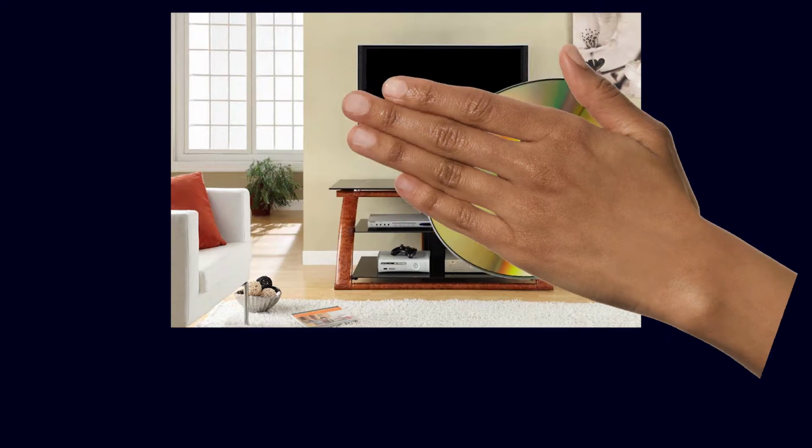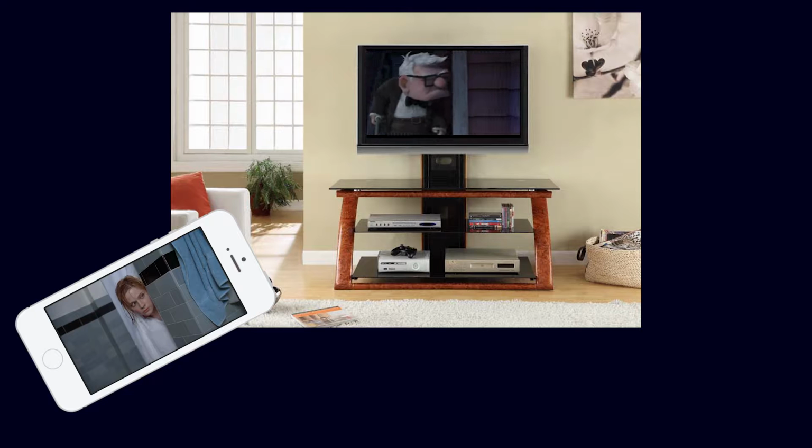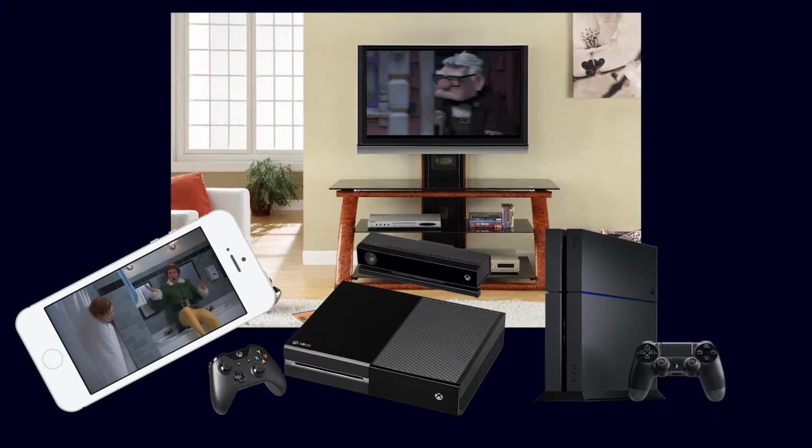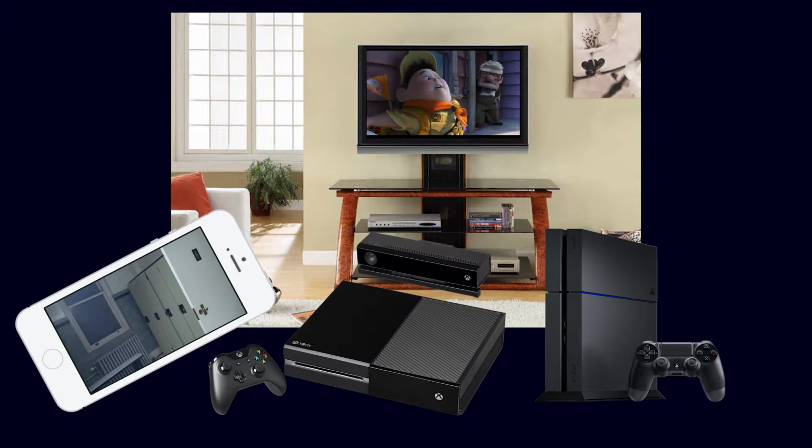Now for those of you who are wondering what Plex is, the basic gist of Plex is that it is a media server application that will be used to take your media, transcode it, and broadcast it onto a phone, a TV, an Xbox, a PS4, whatever. It doesn't matter. It'll play pretty much anywhere, and it'll play pretty much any media file that you may have